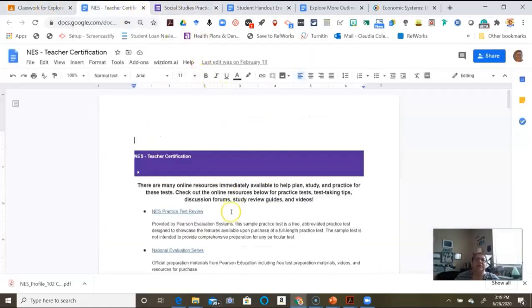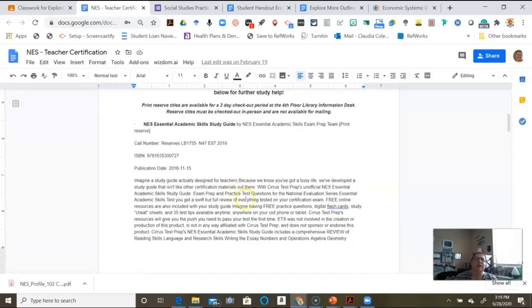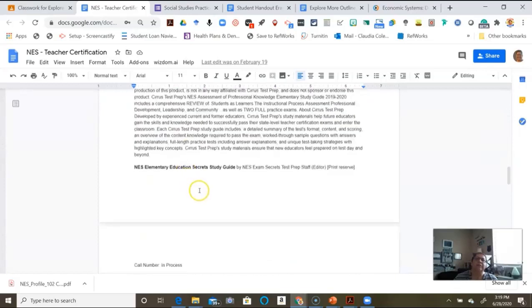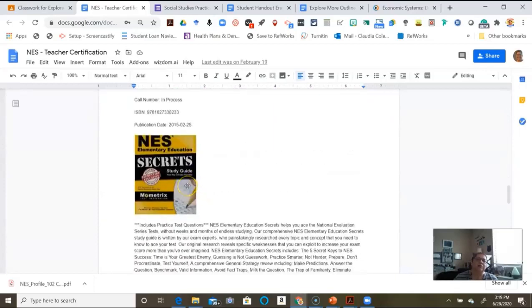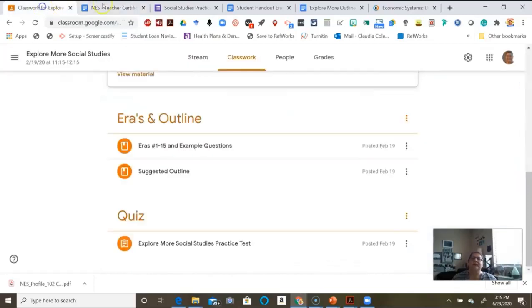Going back to the GCU library, you can select these links and it'll give you the textbooks. They have a lot of different materials. So they have all of these different textbooks that you can actually sign out. And you could probably preview them. If you want to buy them, that's great, but preview them first and decide. Ask your friends, what book did you use? What do you suggest? Before you buy, come and preview them at the GCU library. Okay, so going back to Google Classroom,